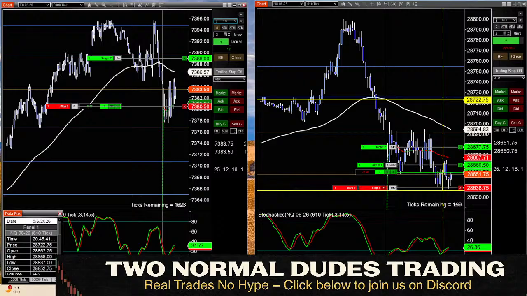Why? Because A, it's a smaller risk. Because I'm okay with losing that small amount. I didn't care if it came back against me. I mean, he's right, and this should play out. But I don't like the fact that it's kind of bouncing up and down in this area here. There's no real momentum here, nothing pushing in, nothing that I can say, oh man, this is it.